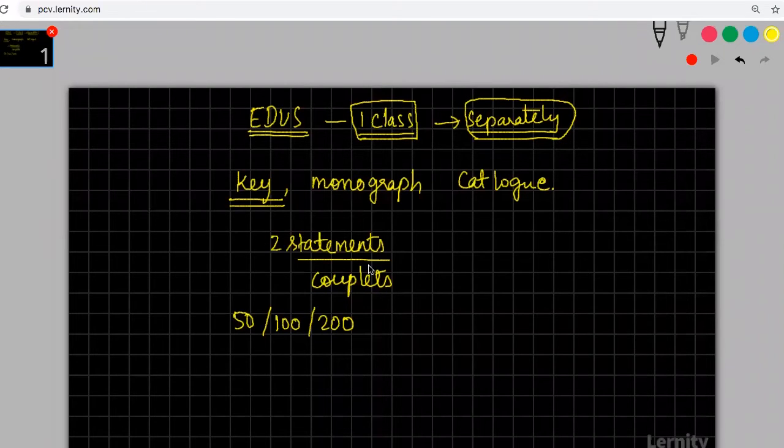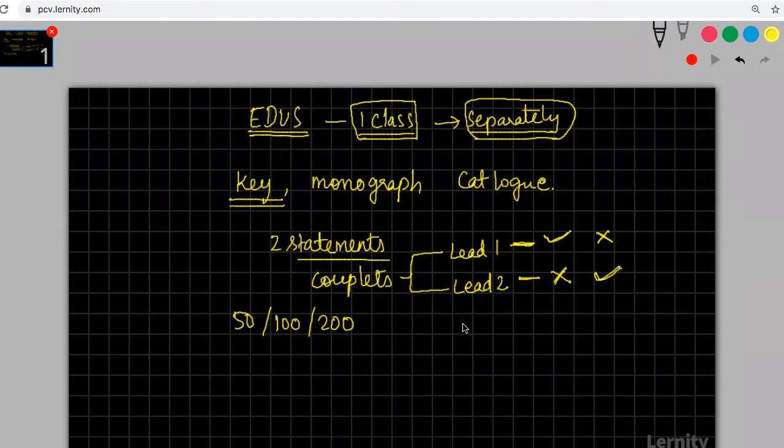These couplets will have two statements. One is called lead one, and the second statement is called lead two. These lead one and lead two are two distinct statements which are near opposite. If you agree to statement one, you should obviously disagree with statement two. If you agree to statement two, then you will disagree with statement one. So these two statements are made in such a way.